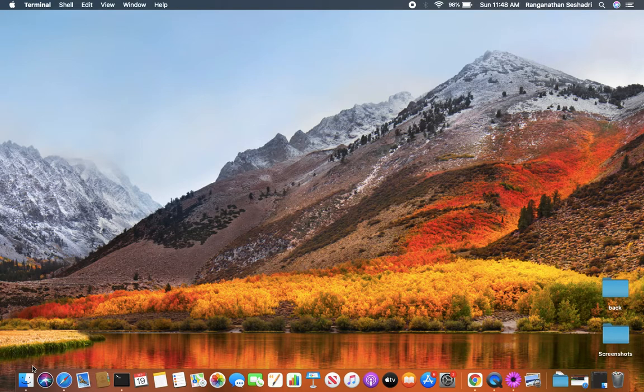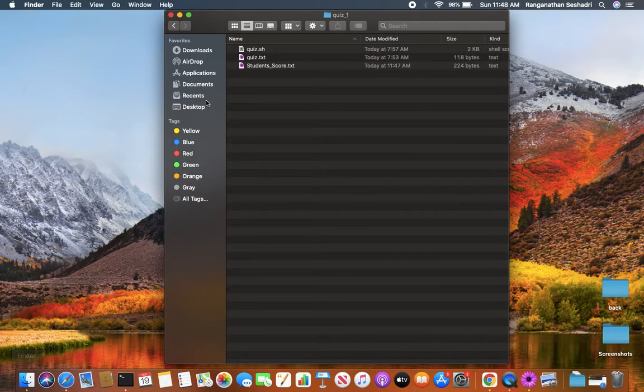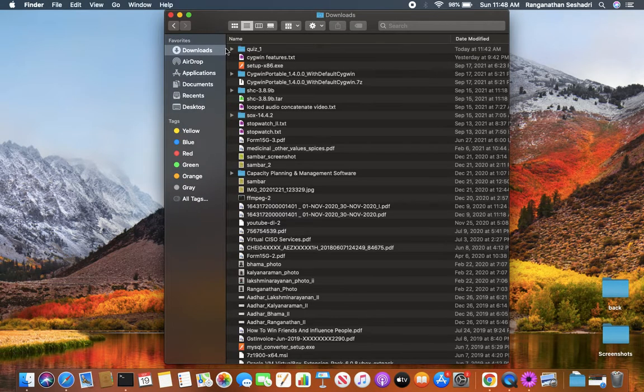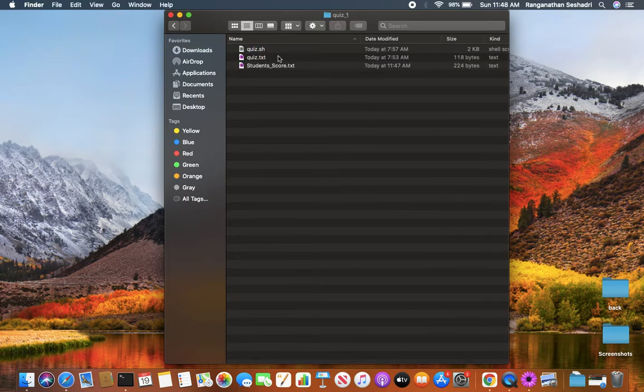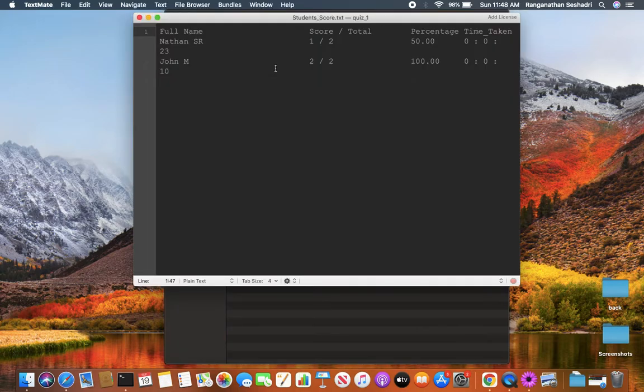Now let me go to the Finder window, and in the downloads folder, quiz 1 folder, I see quiz.sh, quiz.txt and studentscore.txt. Studentscore is something which I want to see. Let's open this, double click it. Let me maximize this.